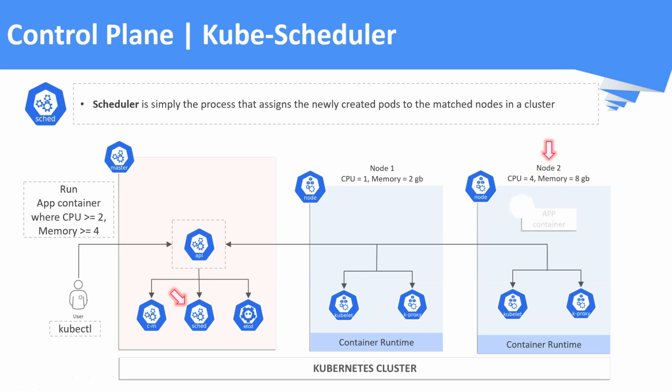For your information, pods are the smallest object in Kubernetes which encapsulates the containers. If you notice closely, the scheduler has selected a node for that pod, but it hasn't run the pod on that particular node. Then who is going to run this pod? We will discuss the same in the next slide.